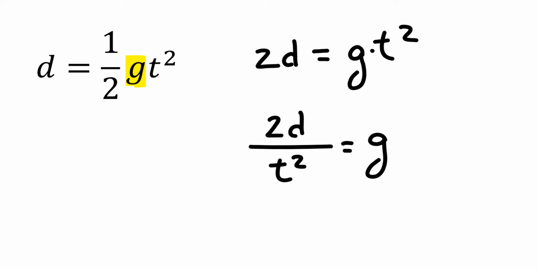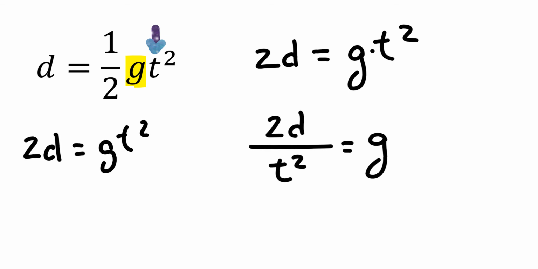If, on the other hand, I asked you to solve not for g, but I said solve for t. Well, this is a terrible pen for this, but let's say just solve for t. I want this variable by itself. If we were going to do that, I'd probably do the same thing first. I would probably multiply by 2 again, so I would get 2 times d equals g